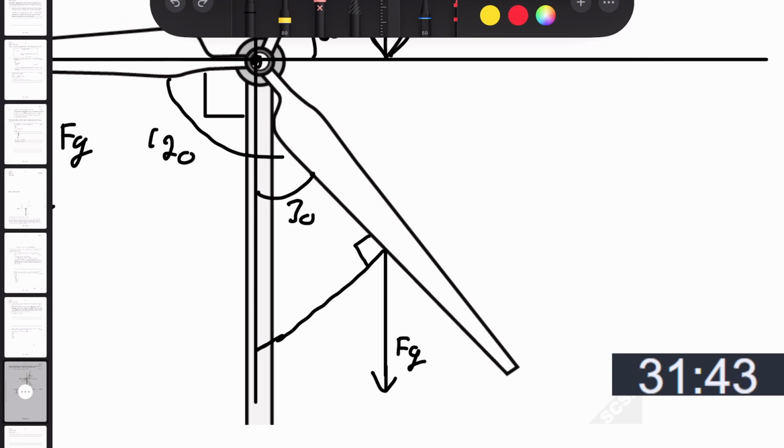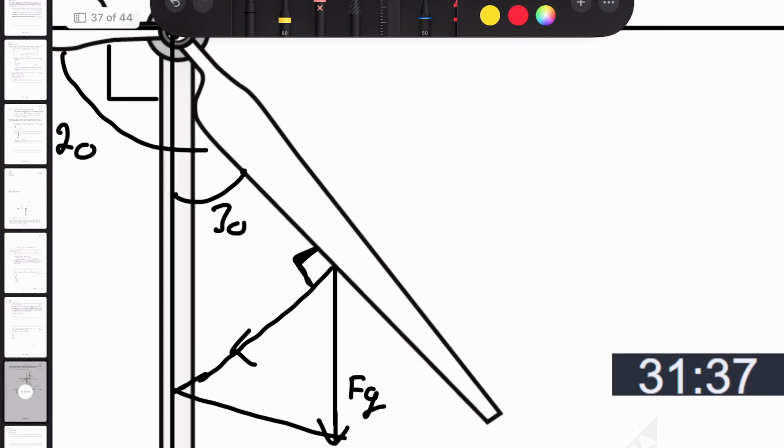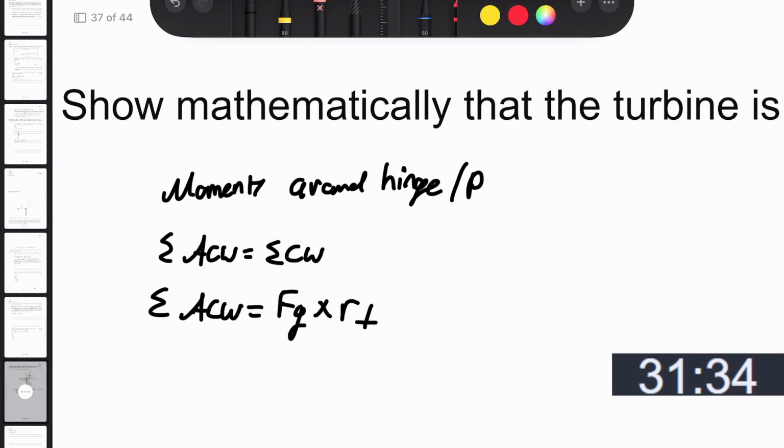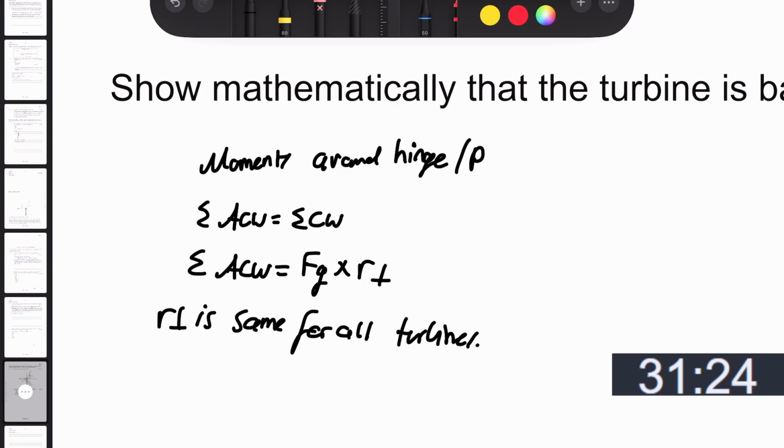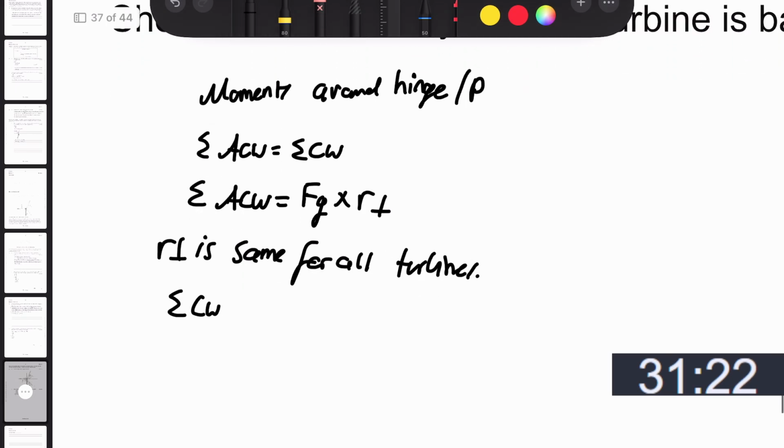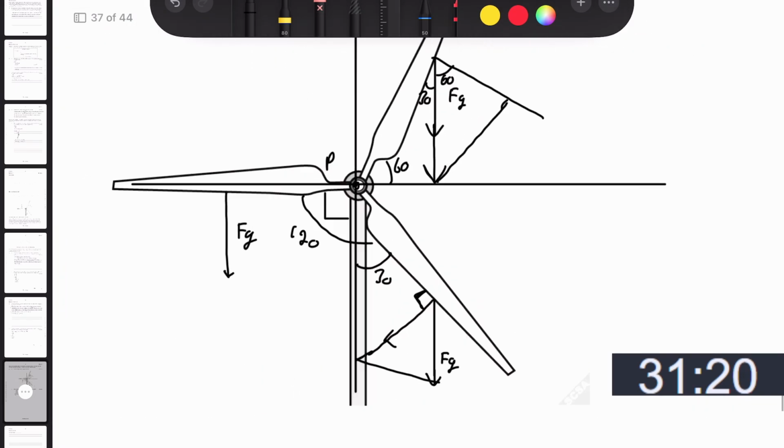Wait, no, let's say that's 90, because that'll be my perpendicular force. It's the same for all the blades, and then the sum of the clockwise moments is going to be,